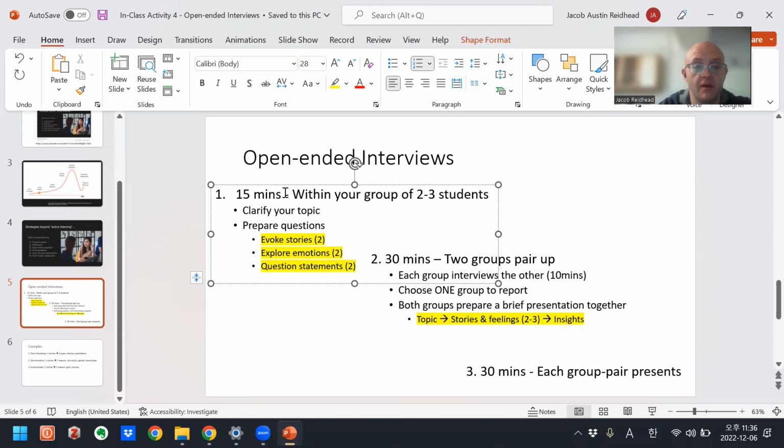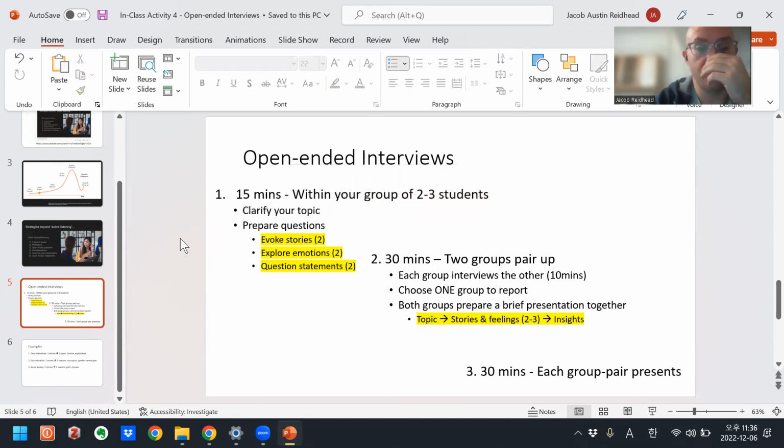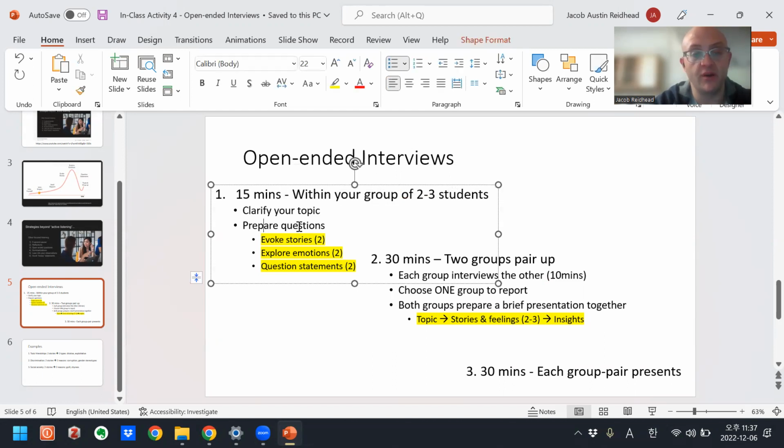And during that time, they choose a topic that they want to interview about, their interview topic. And then they prepare questions. I ask them to prepare at least 2 questions for each of these categories.